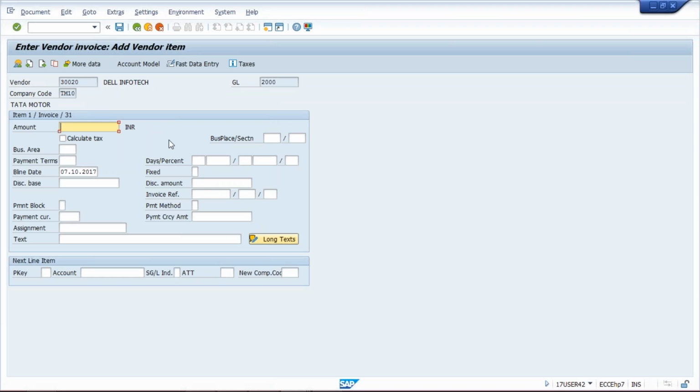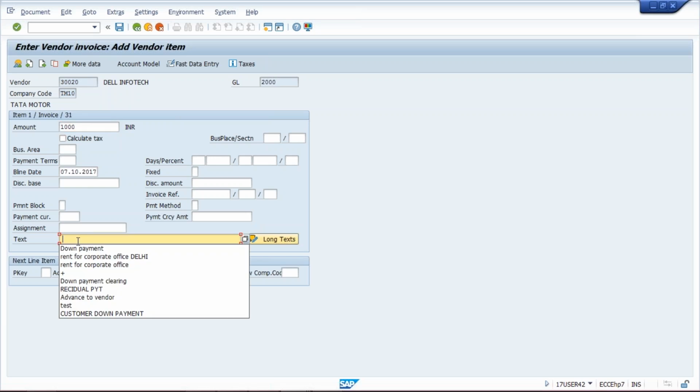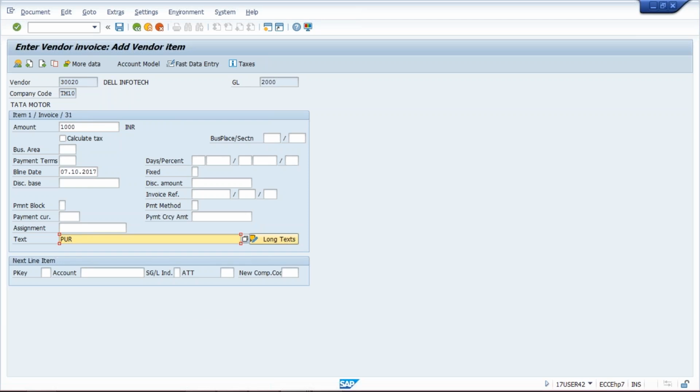Now the next screen, I am going to buy an asset worth 1000. Here text means new asset, and then, so guys, here